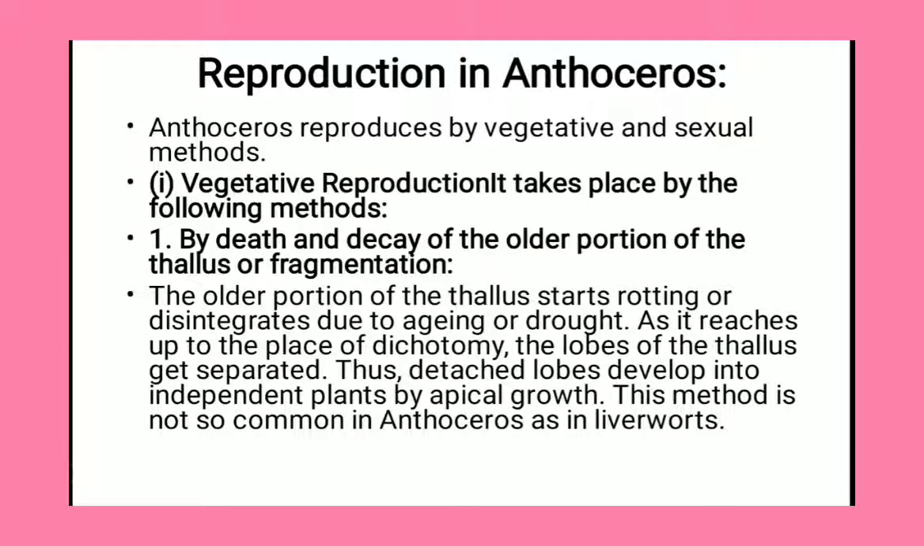Reproduction: Anthoceros reproduces by the vegetative and sexual methods. Both methods are present. Vegetative reproduction takes place by the following methods. The first method is fragmentation, death and decay of the outer portion of the thallus. The outer portion of the thallus starts rotting or disintegrating due to aging or drought,